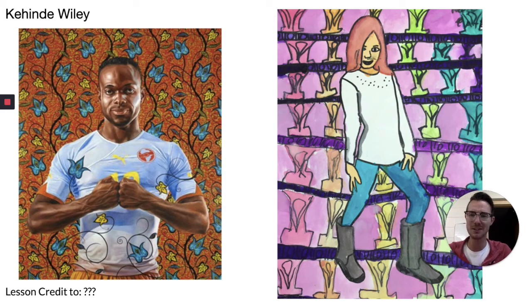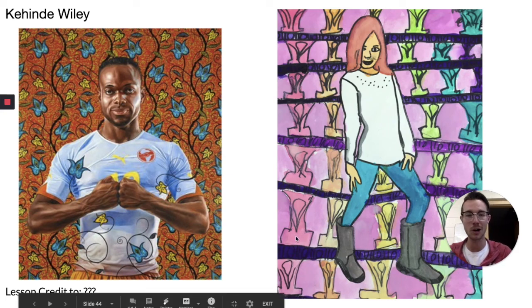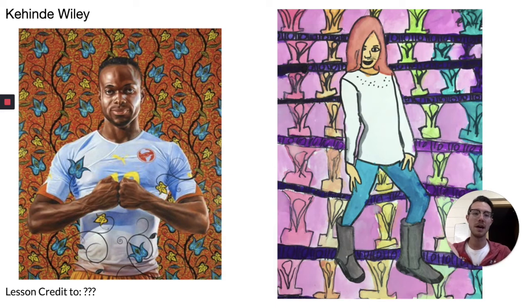Now, this is the one I saw on Facebook somewhere, and I can't remember who the art teacher was, but it's such a fabulous one that I love to share it. So what I did was we took pictures of each of the students. They could pose how they wanted. I took that photograph of them, and then they